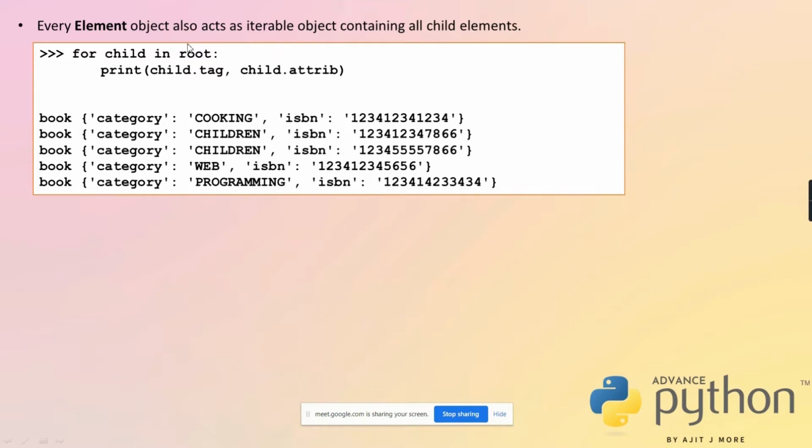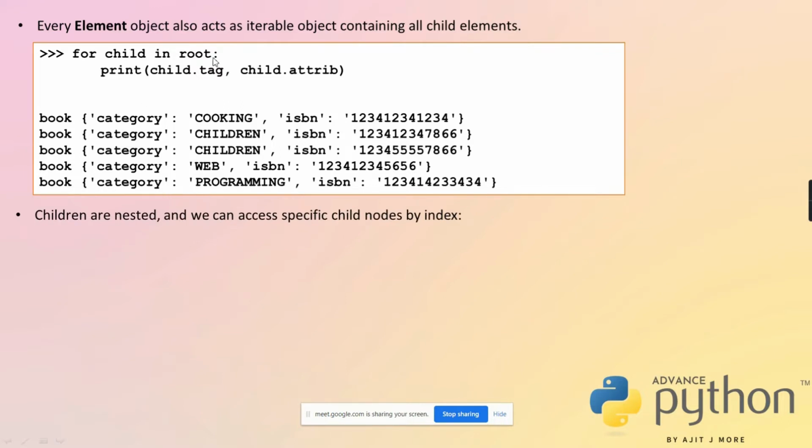So you have a root element, and the root element has many child elements. All those child elements are present in this parent element. So you can use a for loop to retrieve each child element. Every child will have a tag name, attributes, and text also, if it is possible. So you can traverse it. Yesterday I guess I showed you this output.